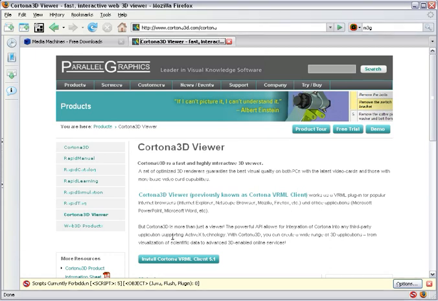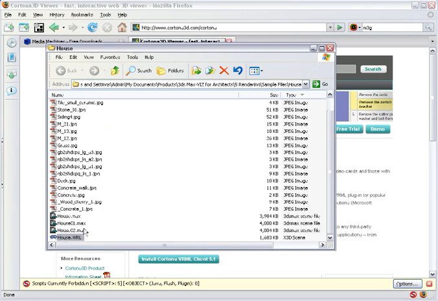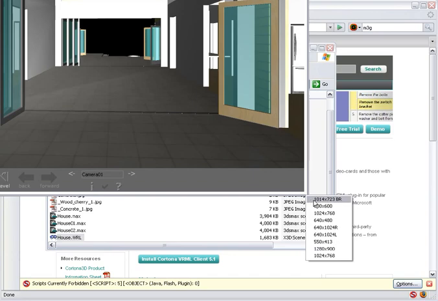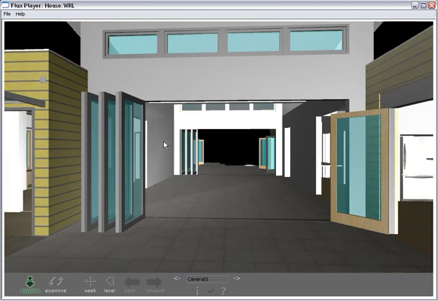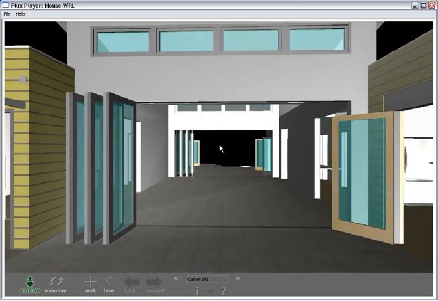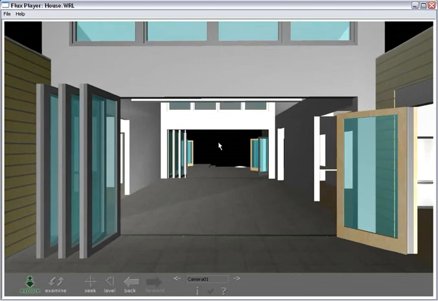Now, once you install a client software, you can go back and double-click on your WRL file locally, and that will open up the world either in a standalone application or in your browser. In this case, I'm using Media Machines Flux Player as a standalone application, and the 3D model is loaded in here. I can just go ahead and drag forward, and you'll see that my avatar just jumped down a few